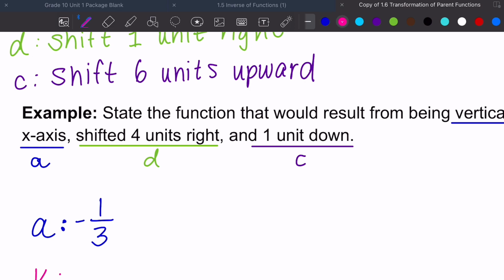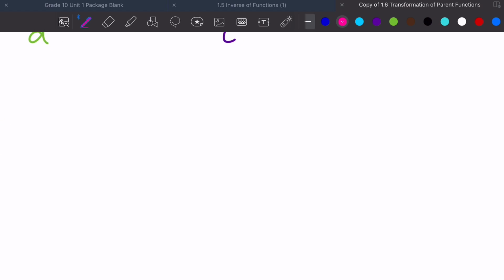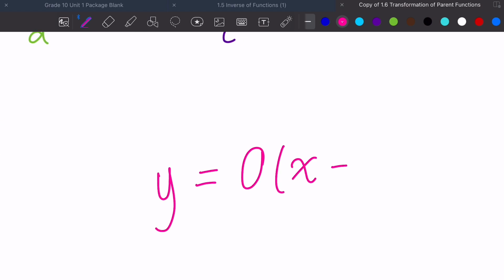K, if I don't have a value for either A or K, so let's say they didn't give us any description, it is automatically just 1. Right? You can't have a compression of 0 or a stretch of 0. Same thing as when we talked about parabolas last year. For your function, if you're in vertex form, and you don't have to write this, but this is just to show you, if I had a 0 here for A,